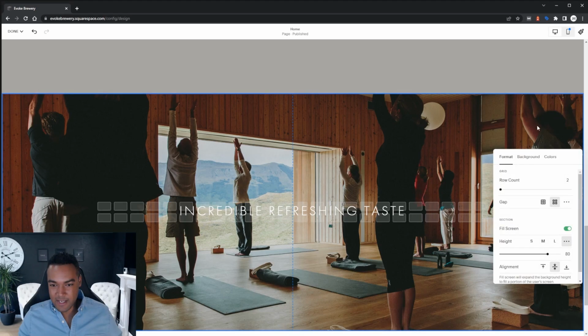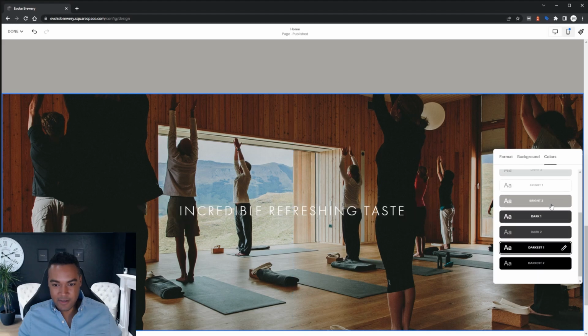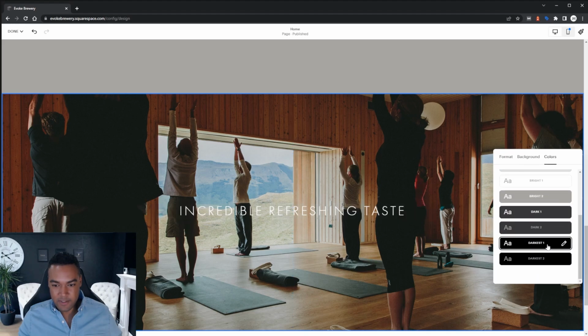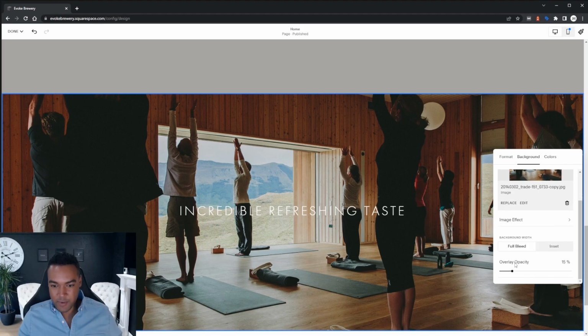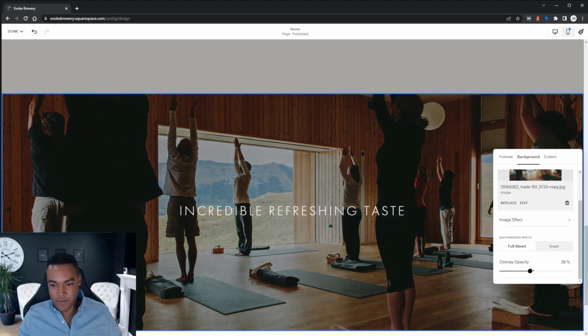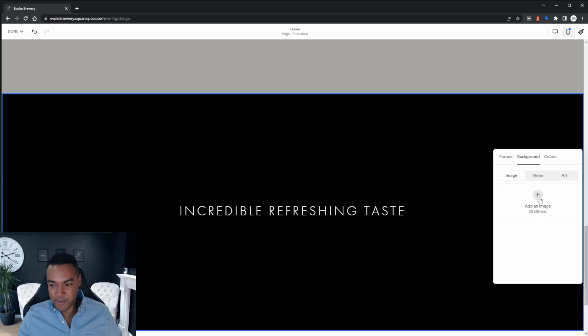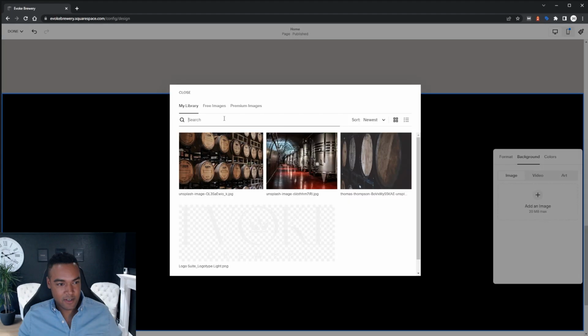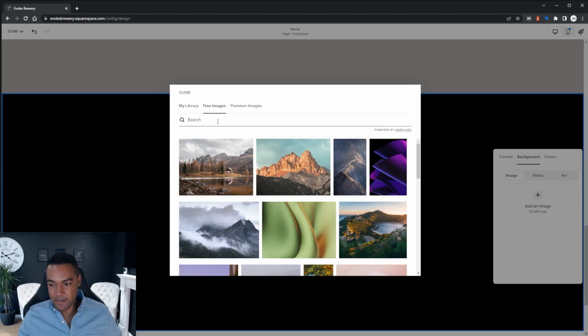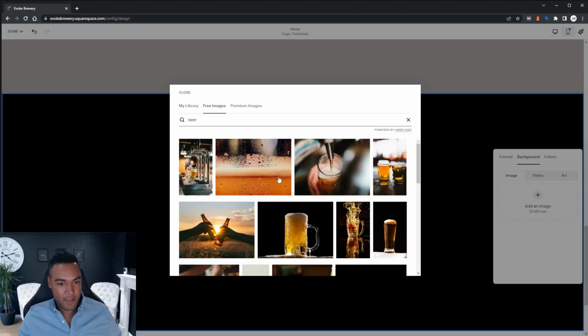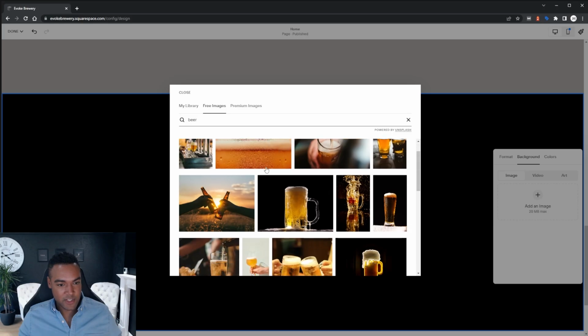And then if I click edit section, colors, happy to use darkest, but on the background tab, I'm going to increase the overlay opacity so that a little less of the image is showing through, and it makes the text that bit easier to call out. Of course, I'm going to change the image from this yoga studio, search for the stock library for beer, and something that looks refreshing